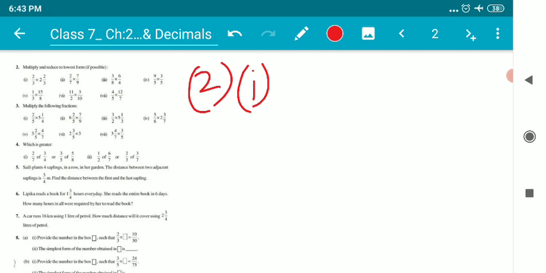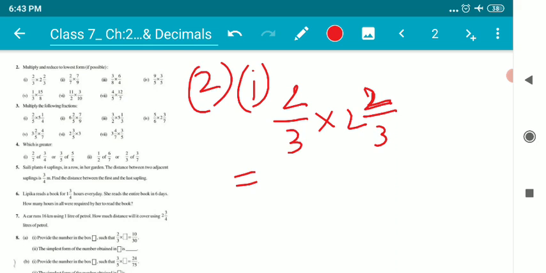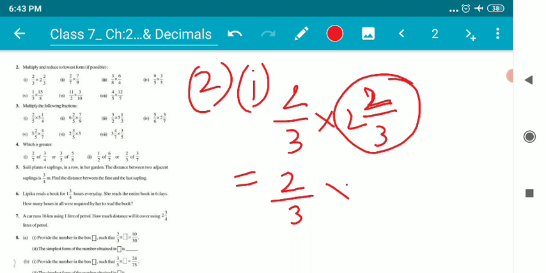Let me write the first question: 2 by 3 into 2 by 3. Children, how to do this? It's very simple. First job is to convert this mixed fraction into an improper fraction. Let me write this 2 by 3 as it is, because it's in proper form, so nothing is to be done with this. 3 will be multiplied with 2, because the denominator always gets multiplied with the whole value, added to the numerator. So 3 2s are 6 plus 2, 8 by 3.